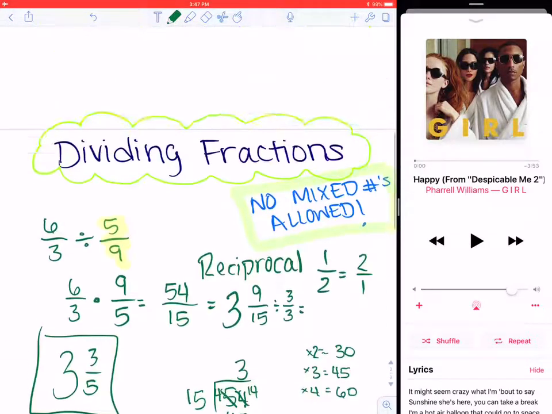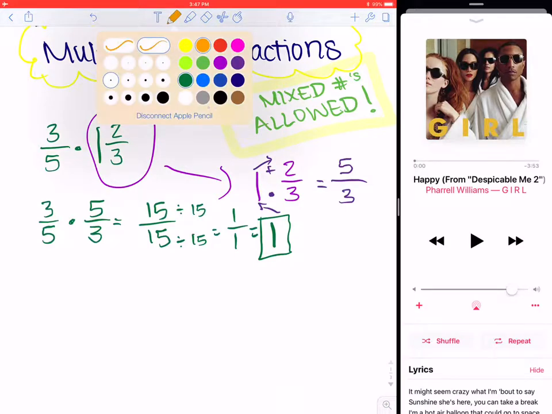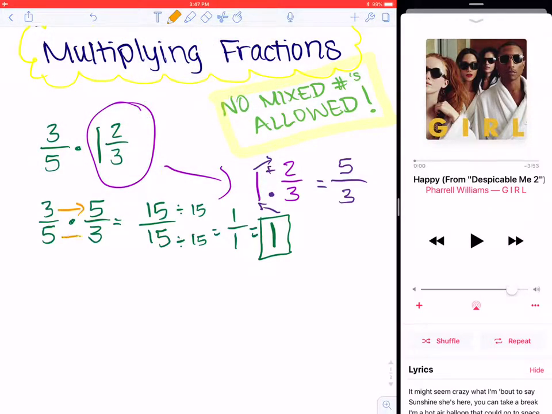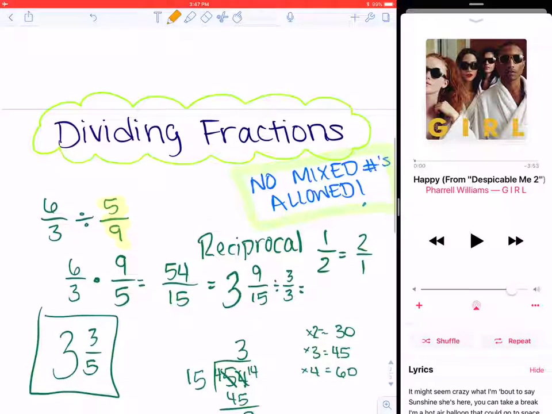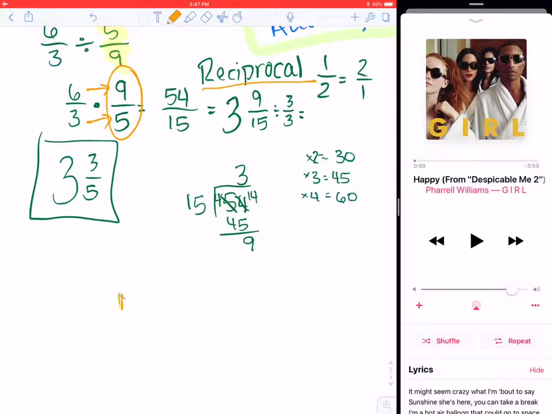So remember, for multiplying, we multiply straight across. For dividing, we first have to find the reciprocal, and then we can multiply straight across. All right, go ahead and play, pause, and repeat until you feel ready to